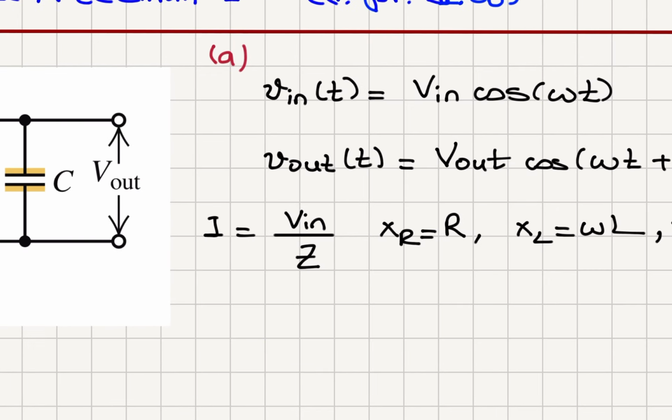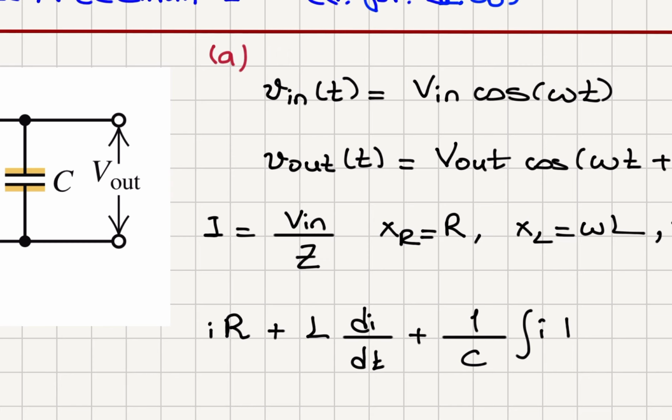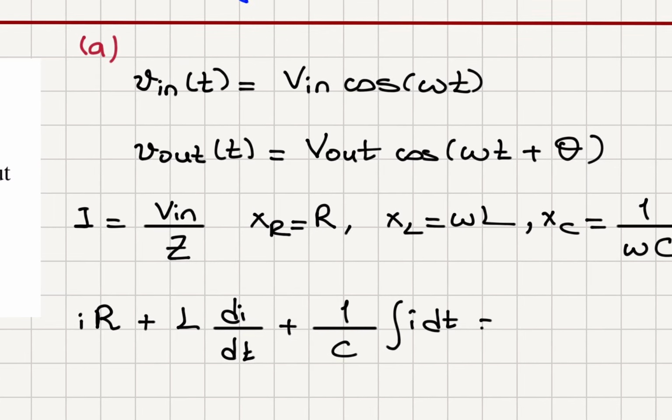So if you write this as a differential equation, the common current that flows in the series circuit, I R, plus the voltage across the inductor, L di dt, plus the voltage across the capacitor, which is 1 over C integral I dt, is equal to the input voltage, Vin. So that means that these three phasors,